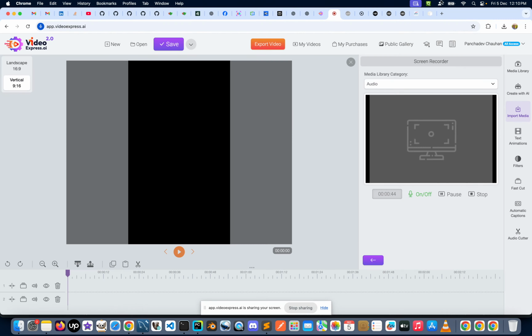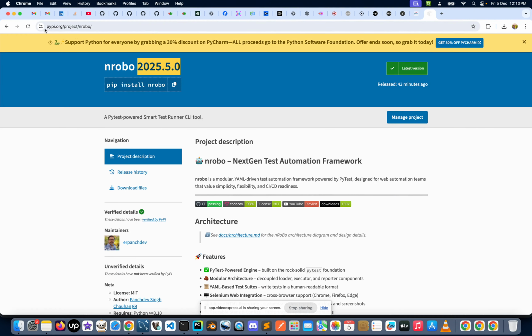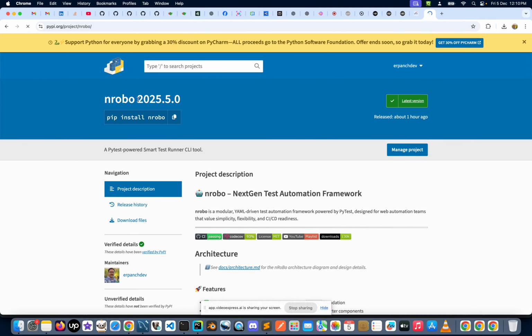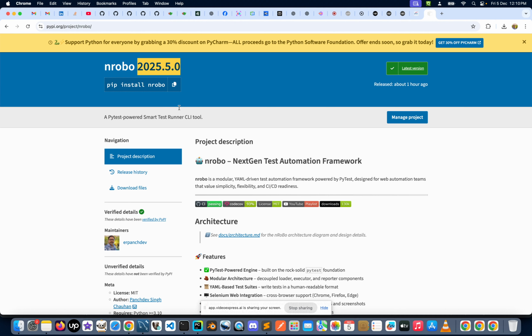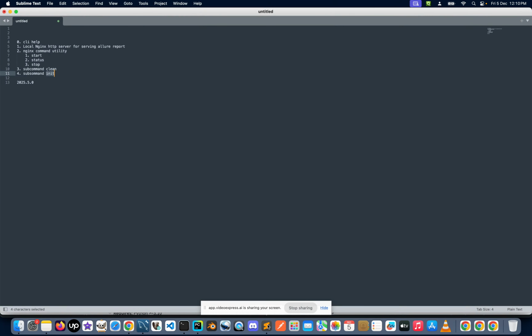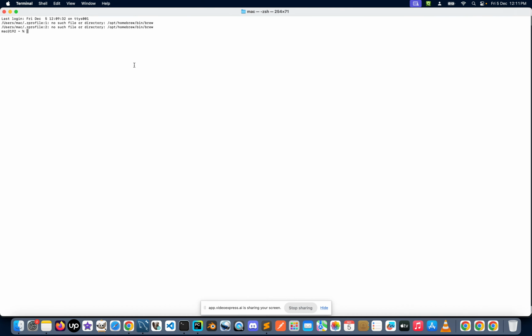If you go to pypi.org, you can see the latest version is 2025.5.0. And so to cover all these five topics, let me open a command line